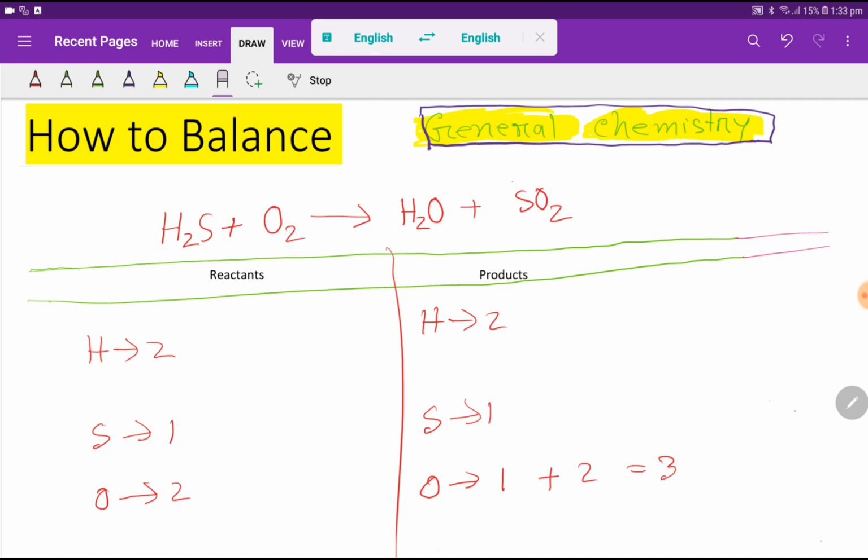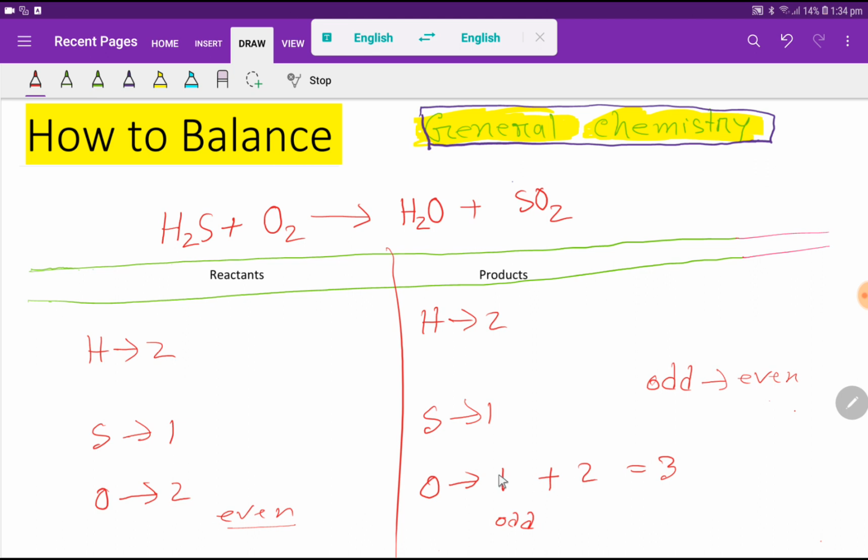So we have to be tactful to balance such type of atoms, right? So let me show you the way that you can apply to balance. You have to apply the odd to even technique. Odd to even technique, right? Look, here 2 is an even number, right? Even. Look, here 1 is an odd number and 2 is an even, right? So if I take here even, then I will get here even. So even, this will be easy for us to balance.